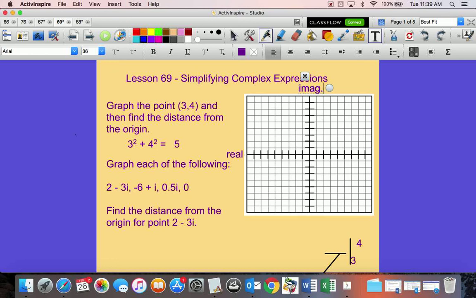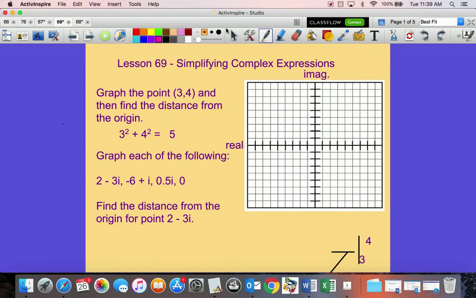So how we're going to do that is we're going to come over 2, and then it says negative 3i, so we're going to go down 3i, and there is our point. Alright, so 2 minus 3i. For our next one, negative 6 plus i, we would go to the left 6, just like you normally would. So 1, 2, 3, 4, 5, 6,